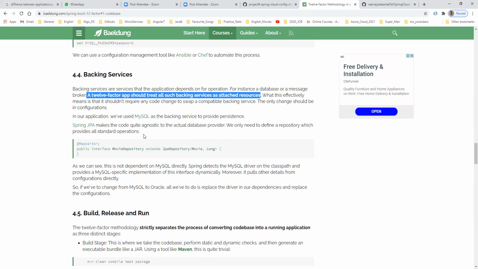Instead of writing a select query, a delete query, or an update query, this repository will take care of giving you all the basic operations. So you should extend that repository in your employee, movie, or person repository. That is what we are doing here.